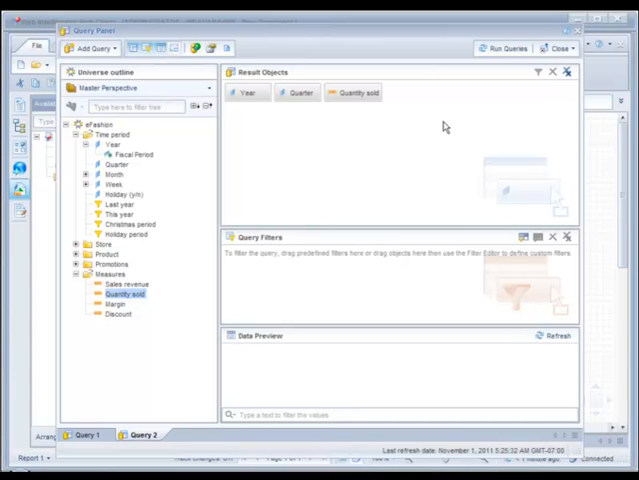And each query has a separate measure, but the dimensions are the same. The dimensions of query 1 are year and quarter, and the dimensions of query 2 are also year and quarter. But in query 1, the measure is sales revenue, and in query 2, the measure is quantity sold. When you run the two queries,